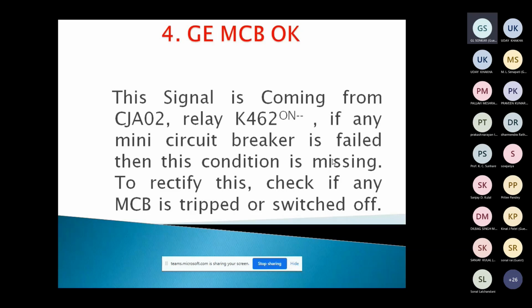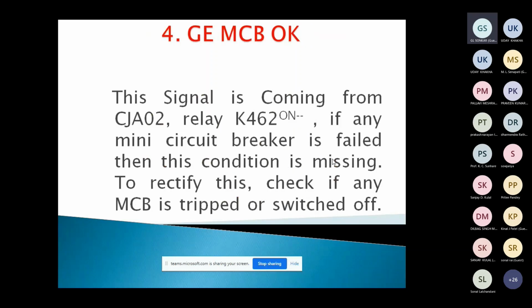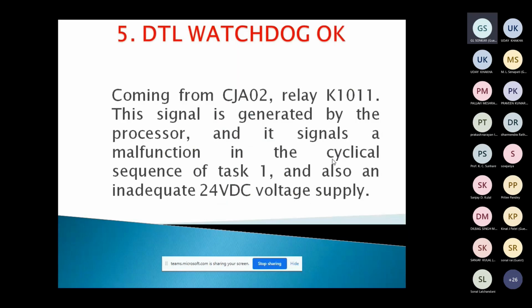There may be some MCB faults, trips. And DTL, DTL is the digital turbine logic. There was the DTL, the logic on which your governing action is carried out. That is called your DTL. Then a backup DTL is there. Now the digital governor is there. These are the digital governors. Backup DTL means backup digital.